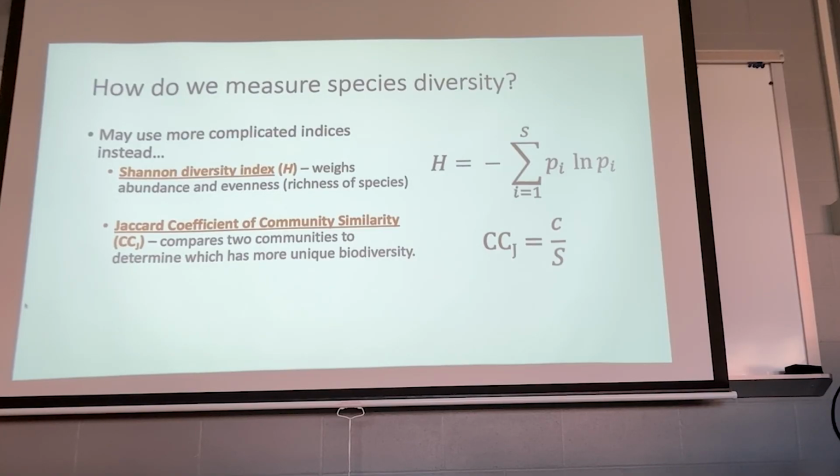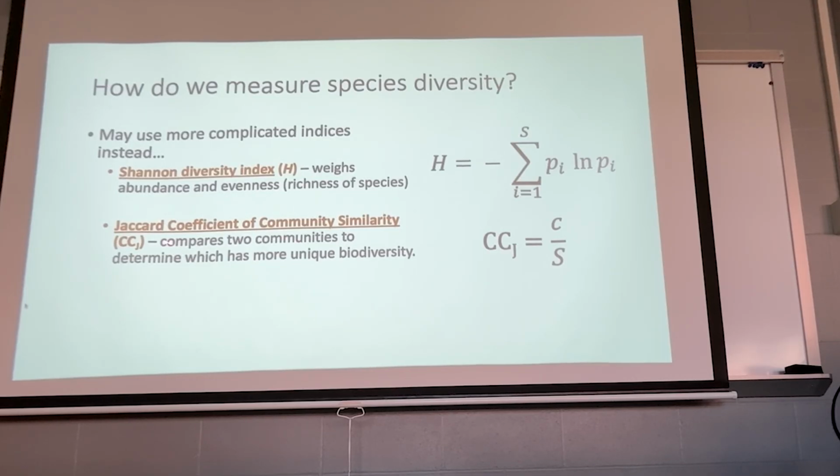So abundance affects resources in a community. You've got to remember, resources aren't infinite, right? Every community has a certain resource limit. And how many species a community can hold, based on the number of each individual species, is different depending on how many resources you have. So that's what the Shannon Diversity Index kind of does. It kind of weighs this. If you have high Shannon diversity, you have high richness and evenness across your species. It's typically thought to be better. If you have low Shannon diversity, then you have higher abundance of some species and not as many species as you would in other ecosystems.